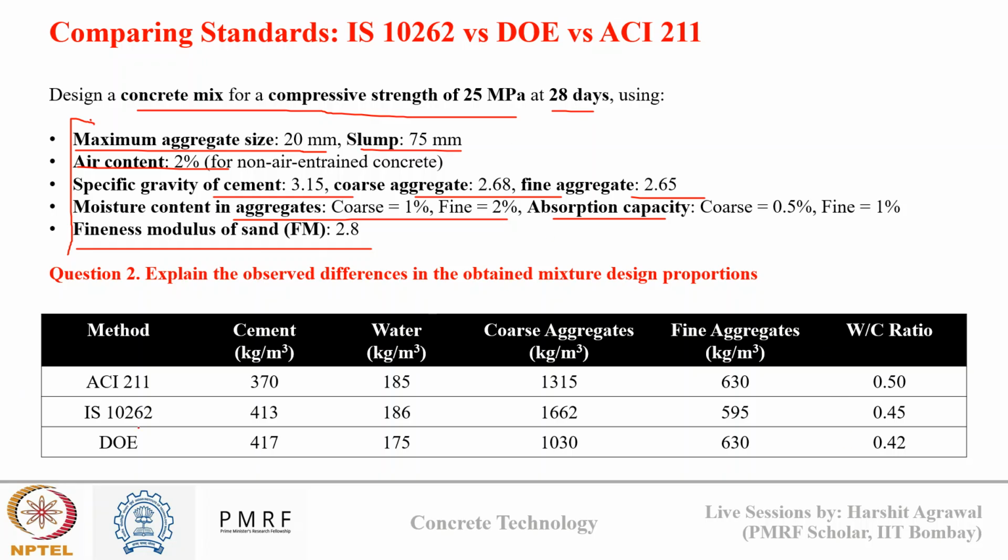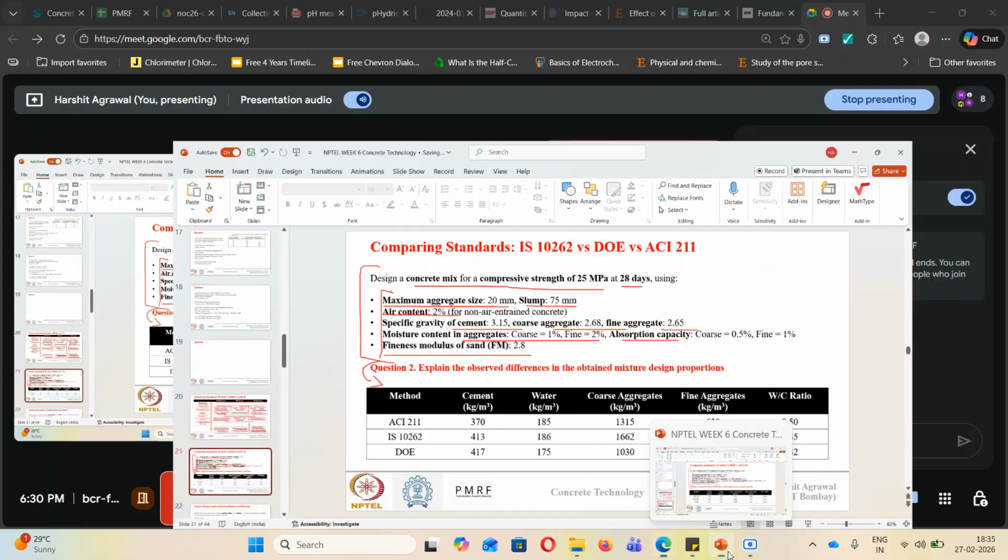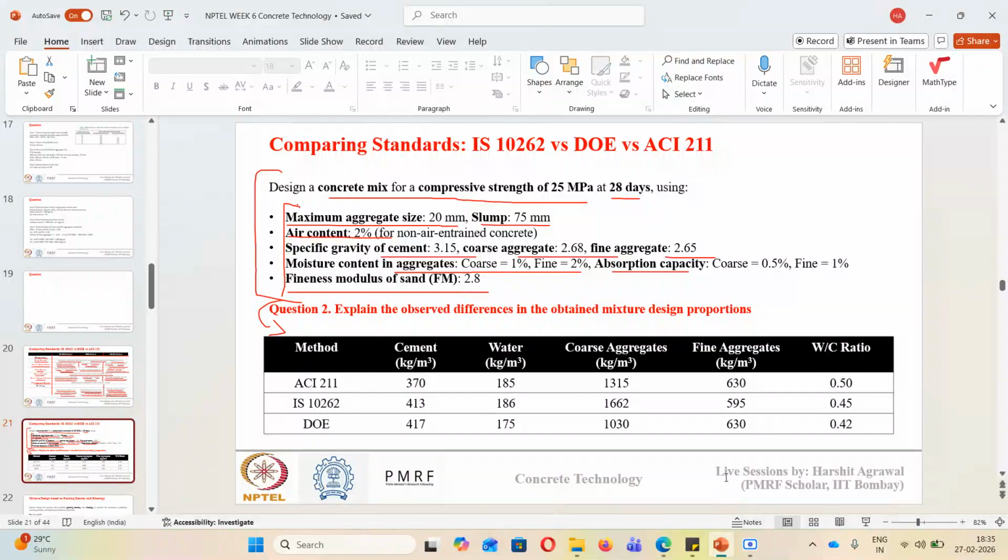So, can anyone explain to me the observed differences in the obtained mixture design? Suppose for this example, you get this mixture proportioning from the three methods. Now, what are you able to observe? Can anyone explain based on the per meter cube content of different proportions? What is your takeaway? Just give it a try. Just think what you are understanding from the